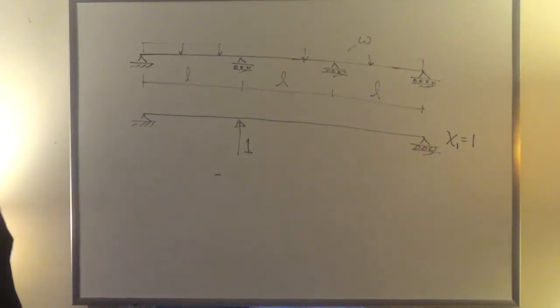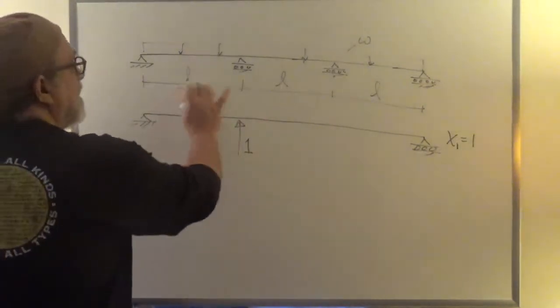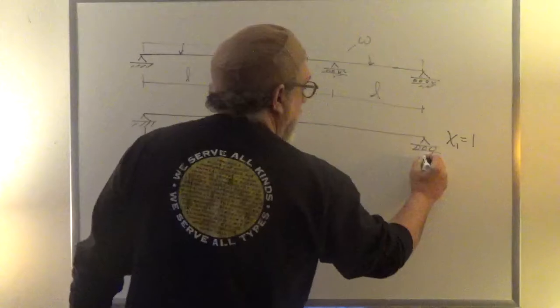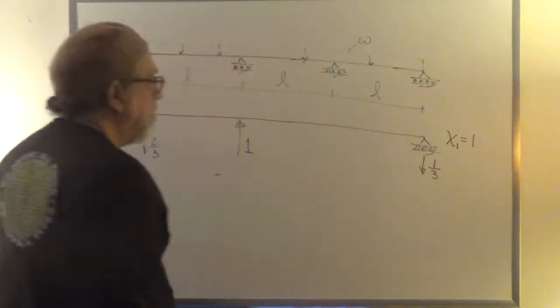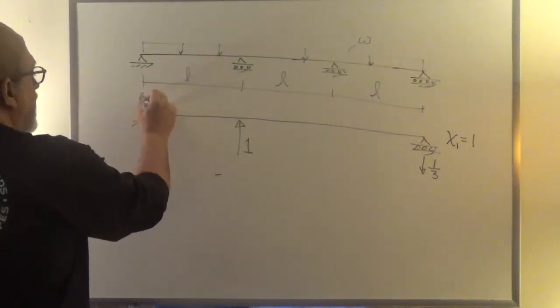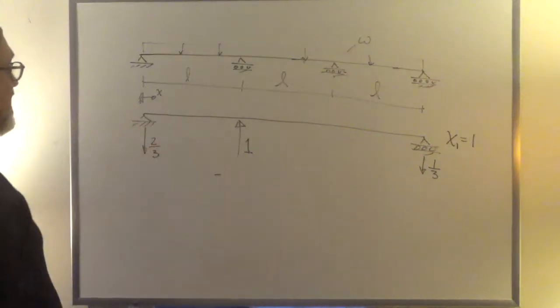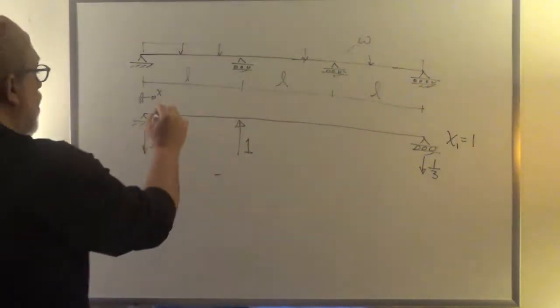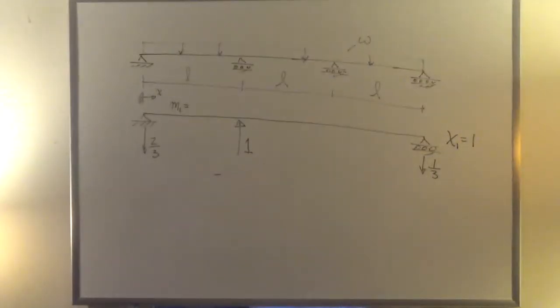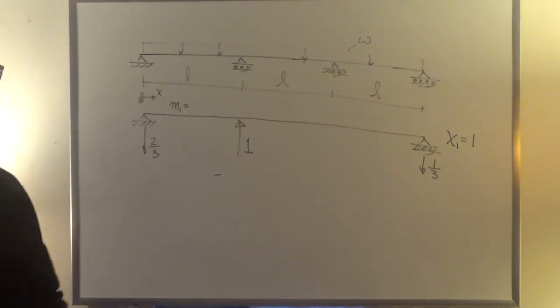So here's my sketch x1 equal to 1. The statics are trivial, right? This is L, L, and L, so it should be quite obvious that this is 2/3 down and this is 1/3 down, right? Now, if I take this coordinate to the right, starting from this end as x, I can say that my moment here, M1, would be, now it depends, I can choose any sign convention I want, right? I could call that plus 2/3 of x or minus 2/3 of x, anything I want, as long as I'm consistent. So I'm going to call it negative 2/3